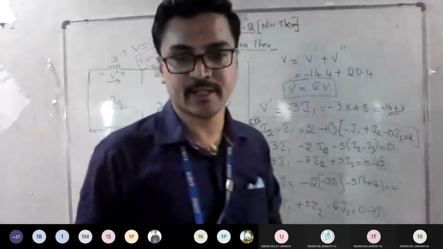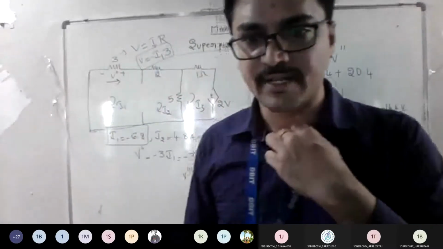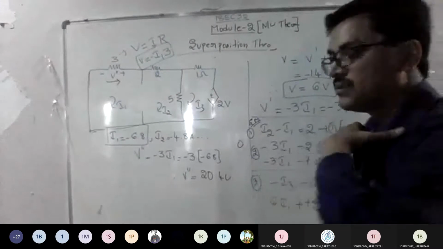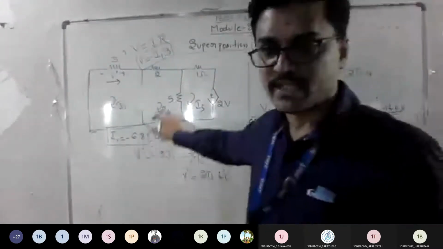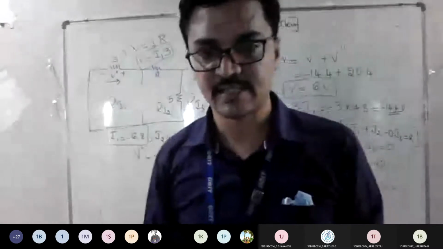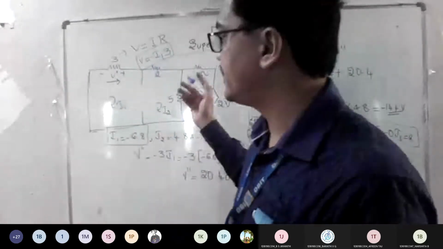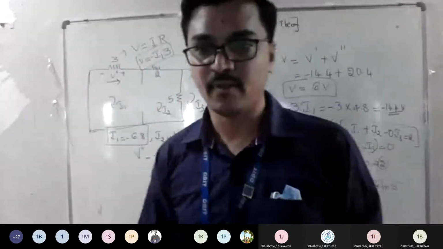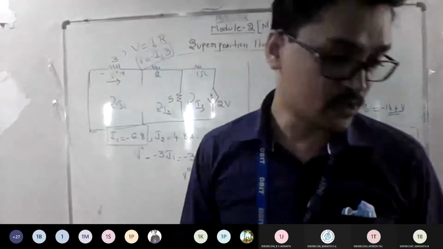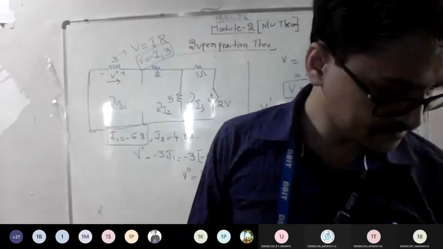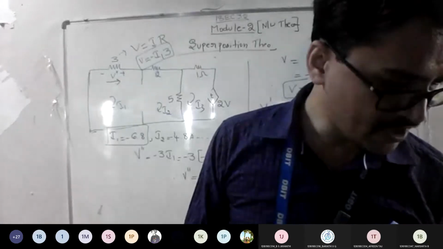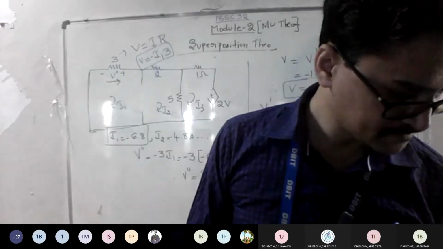I hope everyone got the logic now. Does anybody still have a doubt? You can ask here. Anybody have doubts with this? You got the logic? See, I'm not changing anything. I'm just keeping to the procedure, applying my mesh analysis, and getting the answer for the current. If you get the current, you can multiply using the formula V equals I into R. If anybody has a doubt, you can ask here.